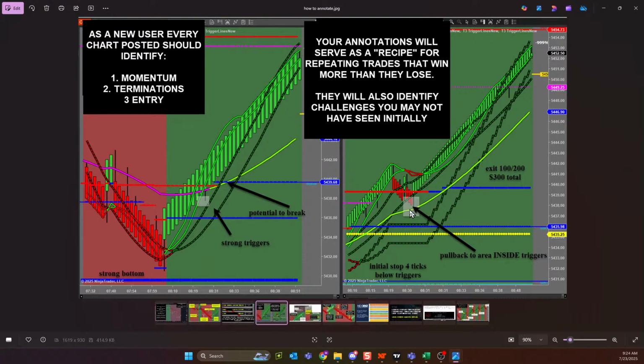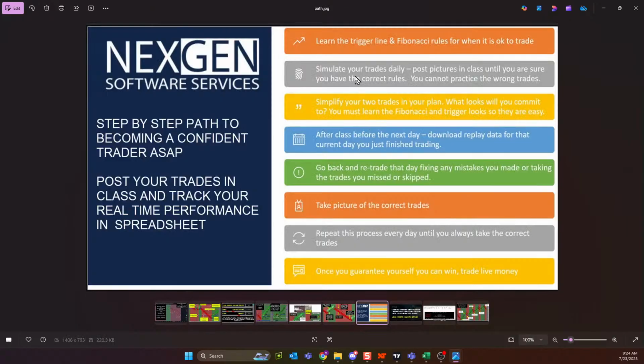And what you're going to do, guys, is you're going to say, hey, look, I followed my checklist. This is amazing. And your annotations, your identifications, it's going to serve as a recipe for long-term success. When you're doing things right, you have literally written out a recipe how to do things great. And if there was a mistake, maybe you traded into a termination condition, your annotations are going to identify challenges so that you can avoid them on the next trade. It gives you something to think about. So make sure that you're posting in the room. Guys, ask for help. Professional athletes have coaches for a reason because I can sit here on the sidelines.